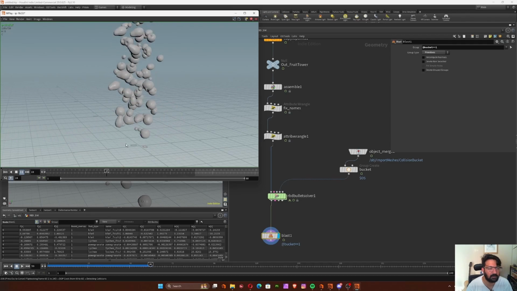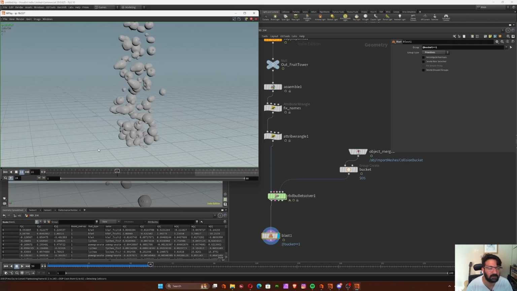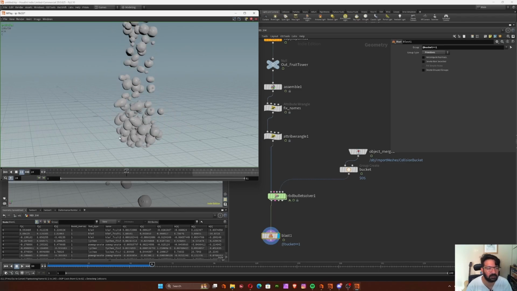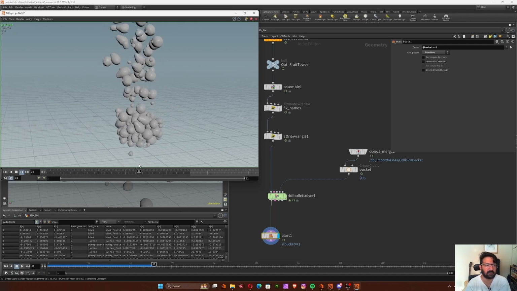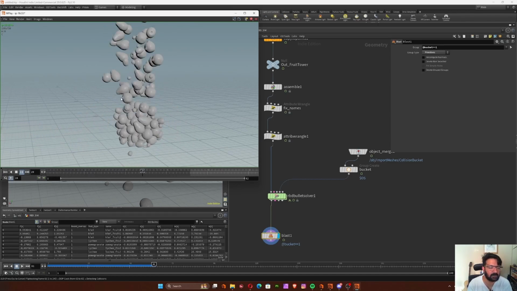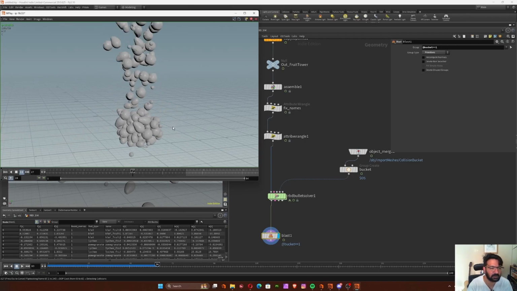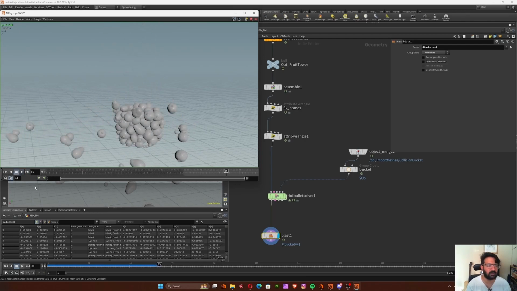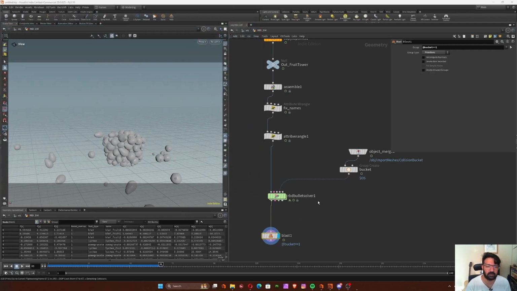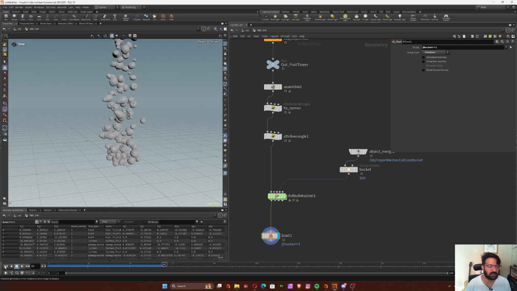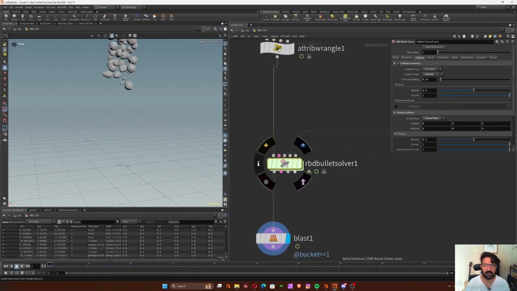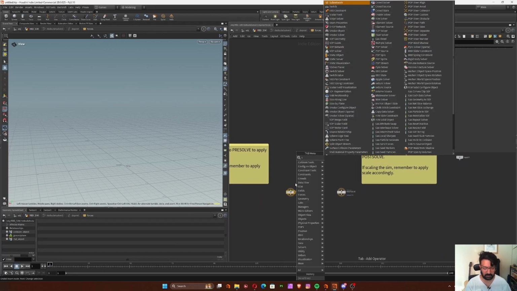You can set them to be inactive over time based on some thresholds, and we can also apply some drag based on some time thresholds, or you can set time thresholds at a specific frame, or you can set up some speed thresholds. I'm just going to show you that. In order for attributes to be calculated at every time step, we need to put them inside a subsolver inside the RBD solver. So we're just going to dive into the RBD bullet solver and put down a subsolver,